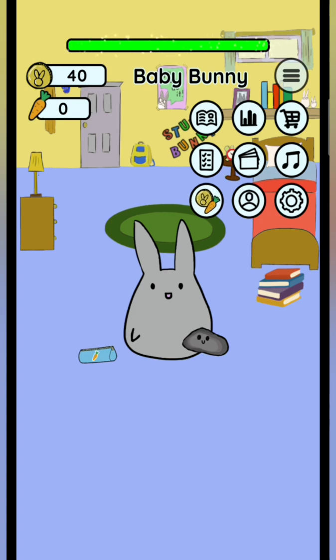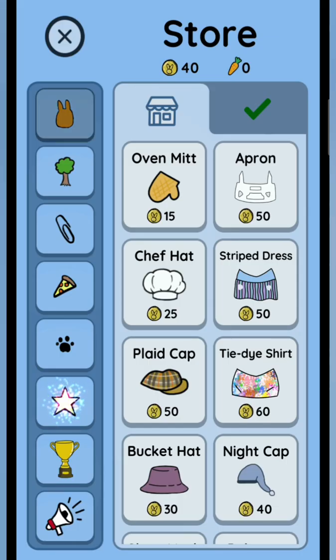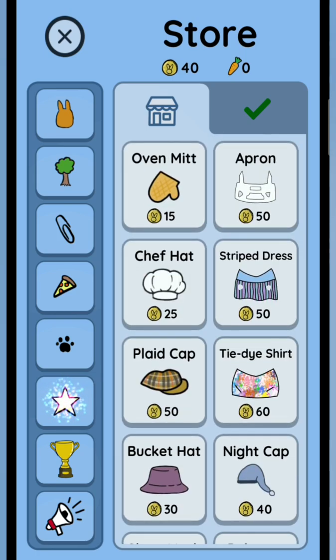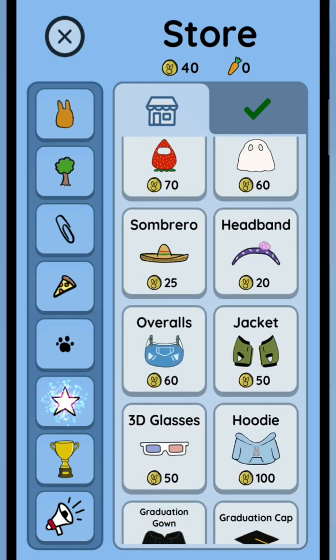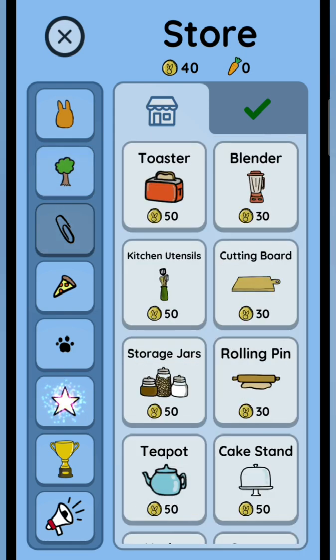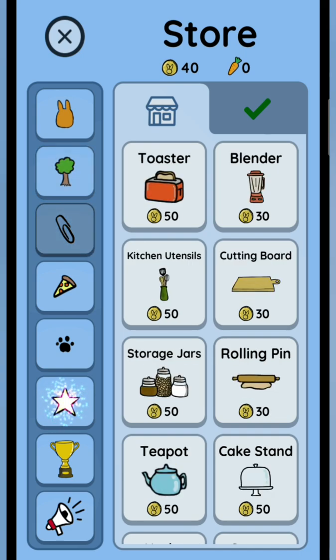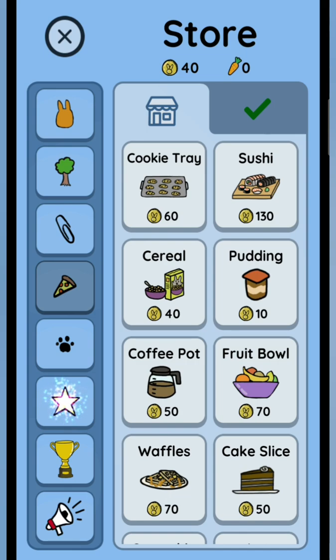Then next to that, you'll see a shopping cart. When you go into the shopping cart, this is where you can buy accessories. You can use the coins you get from doing the thing you were doing, like studying or drawing. You will get coins every time you finish. So you can buy things for your bunny, a background, accessories like these, or you can buy food,